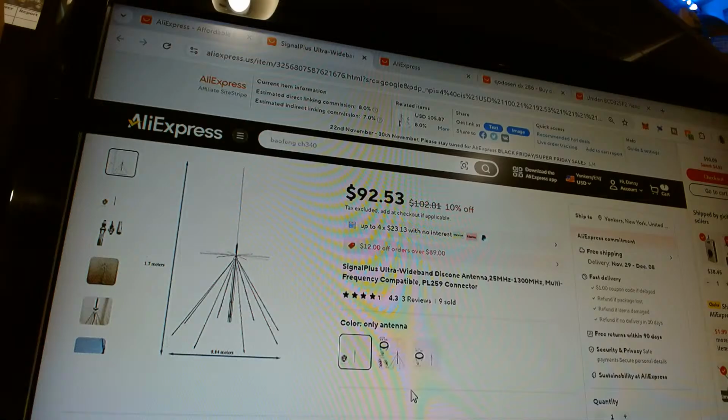Now in HF, you could do more, depending on the band. Of course, this radio, the FT991A, the most it can do at HF is 100 watts. I am local in Cali. My owner won't approve my long antenna. That's a lot of places that you cannot run a long antenna.